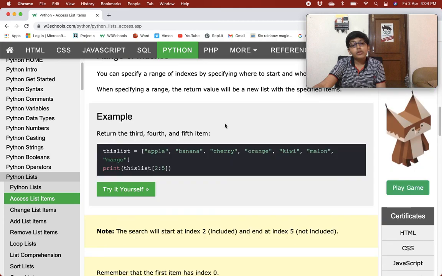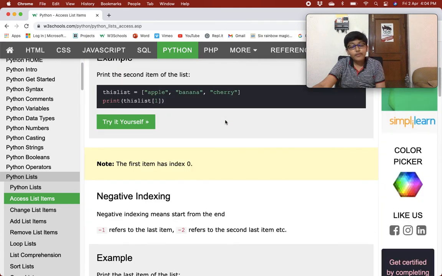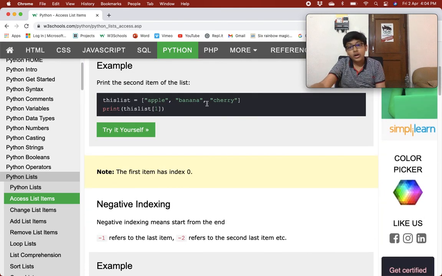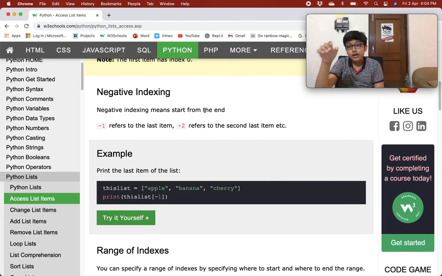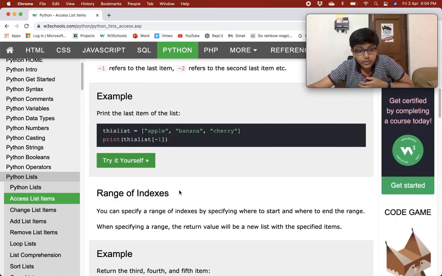Okay, so now we are on range of indexes. We have learned how to access a list item using positive indexes and negative indexes. But if you want to access not a specific list item, but multiple list items, then how could you do it?